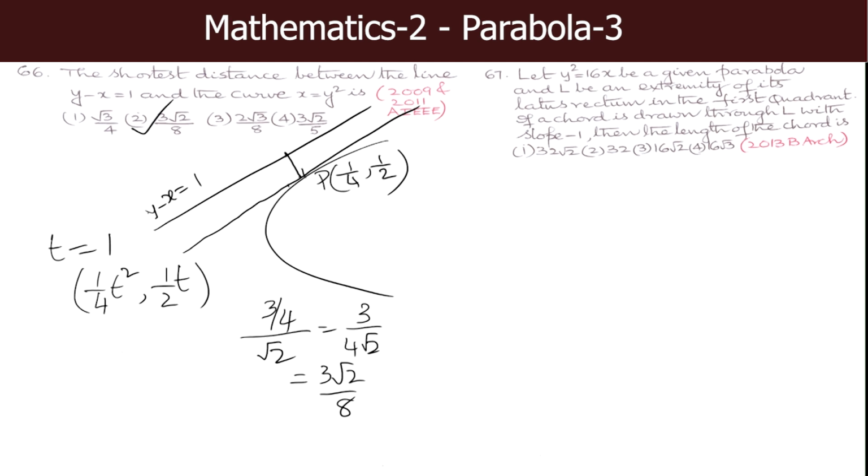67. Let y square equal to 16x be a given parabola and L be an extremity of its latus rectum in the first quadrant. So, what is L? The focus is (4, 0). So, it is (4, 8). So, L is (4, 8). If a chord is drawn through L with slope -1, so therefore, the equation of the chord through L with slope -1 is